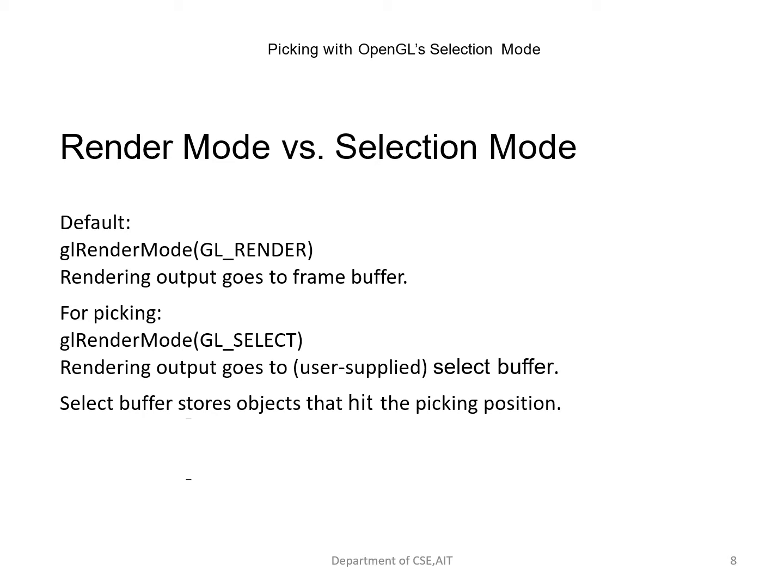There are four functions which are used for initializing the name stack, that means for pushing and popping information onto it, and then for manipulating the top entry of the stack. The information that we produce is called the hit list, and when we examine this after rendering, we can see that all the information needed for the picking will be present here.